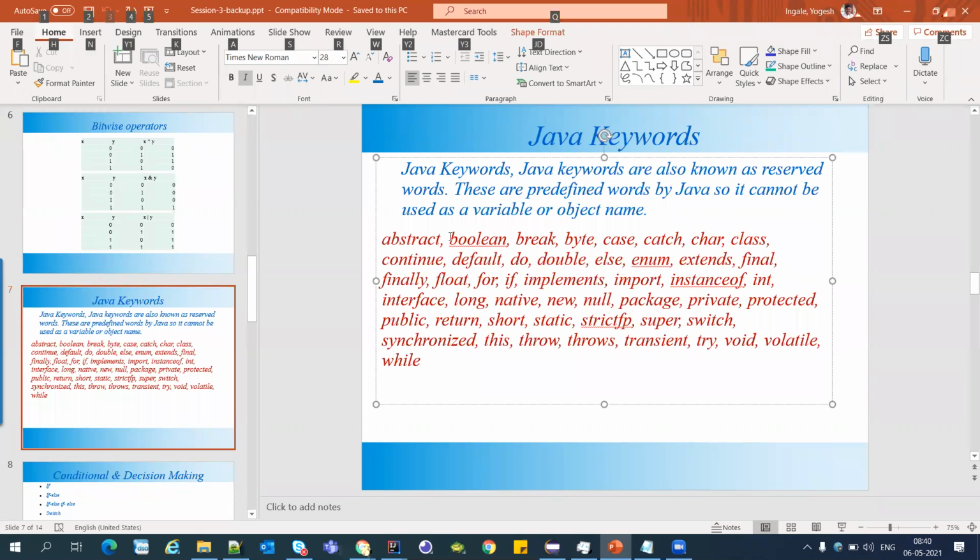They have their own meaning when used in the programming language. So we have seen boolean, char, if, else, for, float, finally. These have their own meanings. We will see them one by one, whenever they are introduced, what the use of each is.